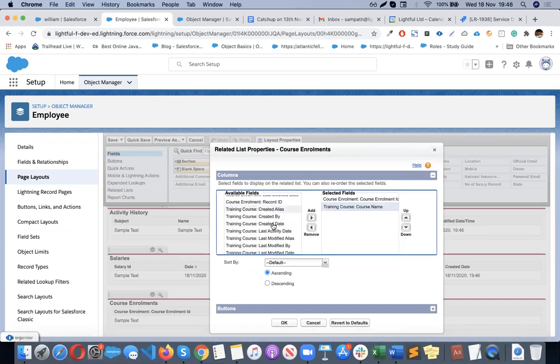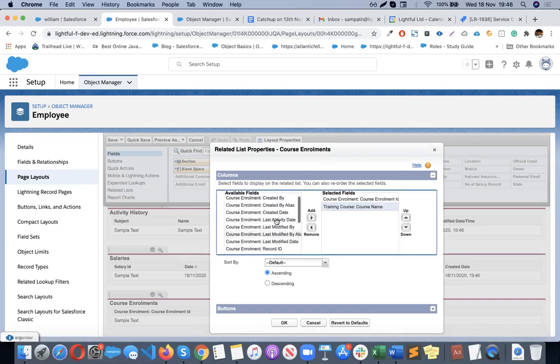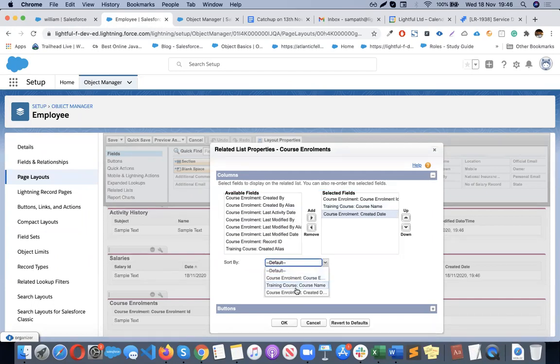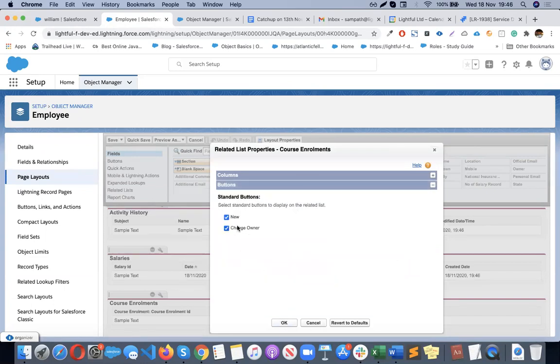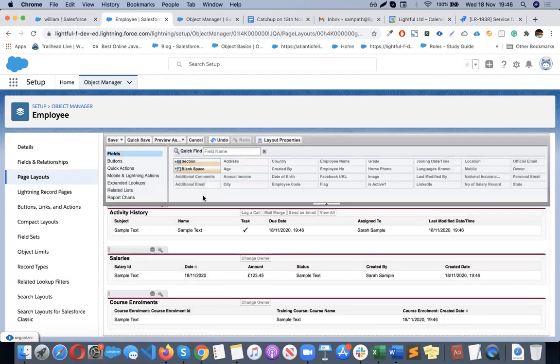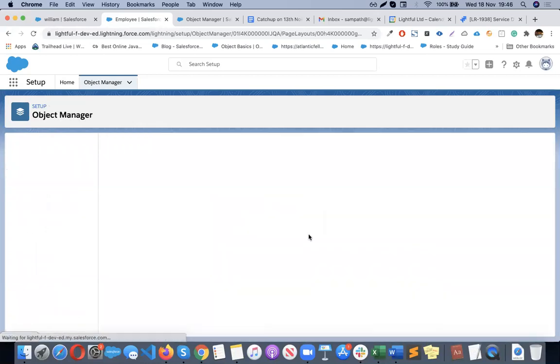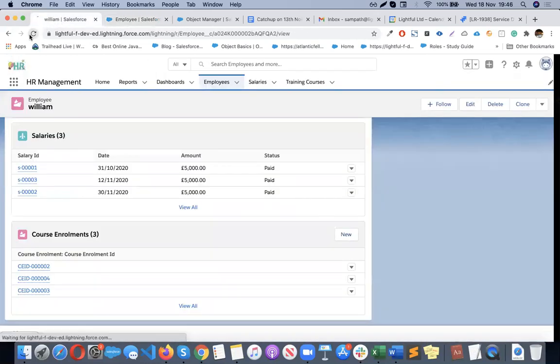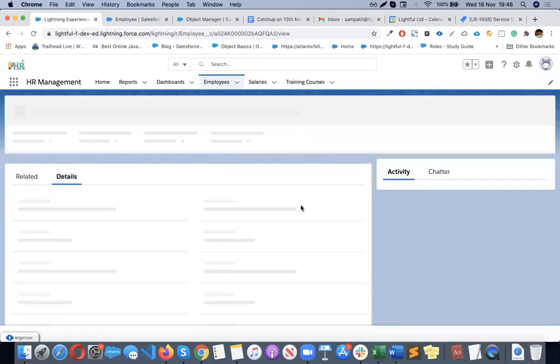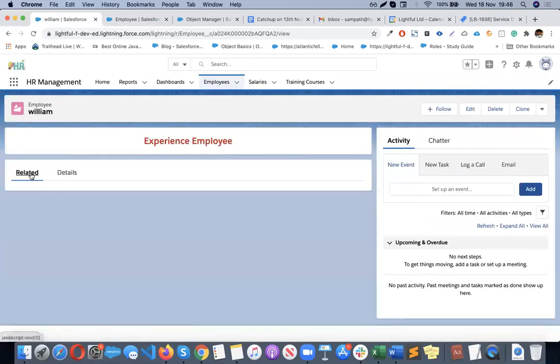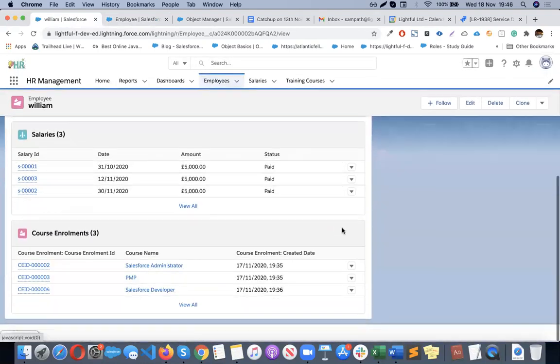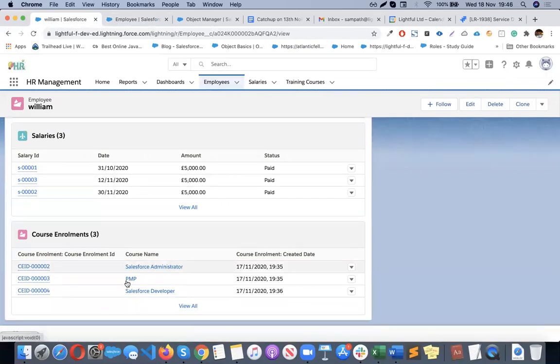So I'm going to put the training course name, and when it gets created, based on the created date. And here also, if you don't like the new button, remove it and save. Now if I refresh it, see here there is no new button, and you can see the columns. So this is the course name.